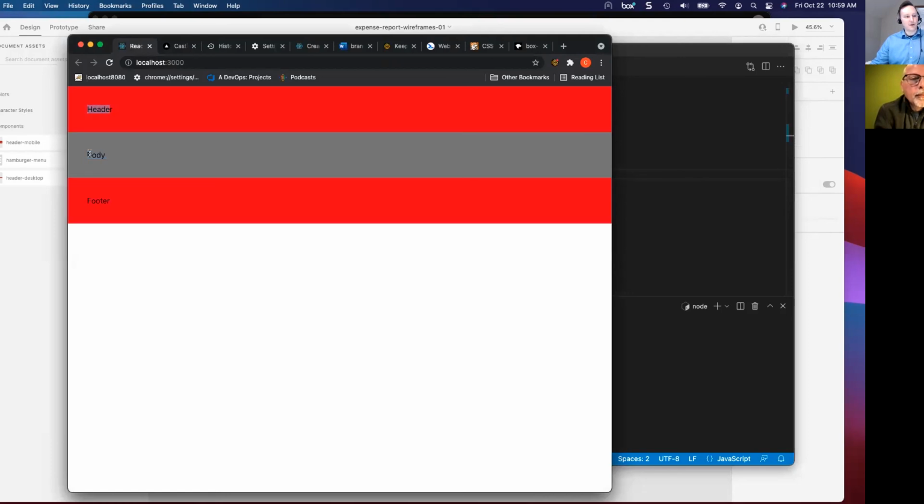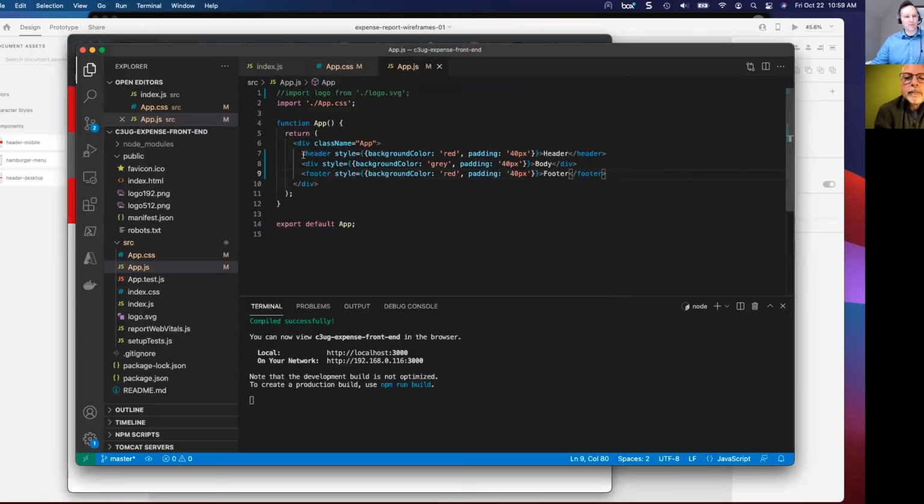We've got a page with a header, a body, footer. Divs are block level elements. Headers and footers are semantically different, but layout wise should be about the same as a div. By default, they take full width, and they'll stack vertically because they are block elements as opposed to inline elements,